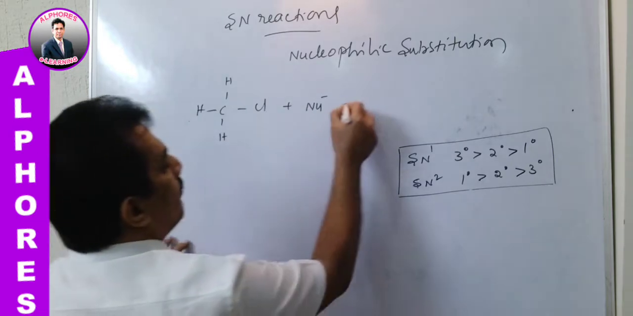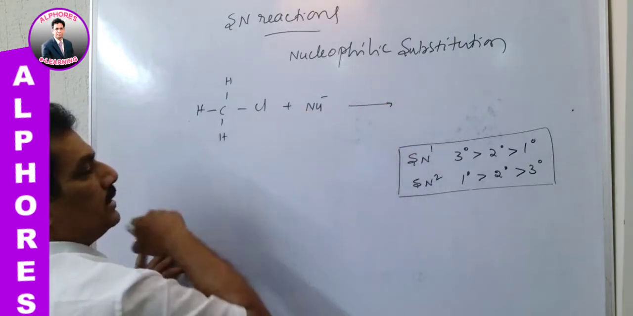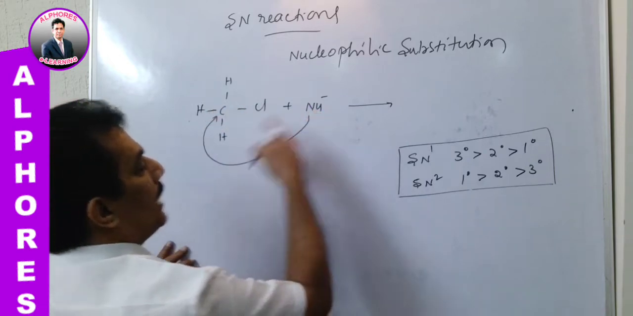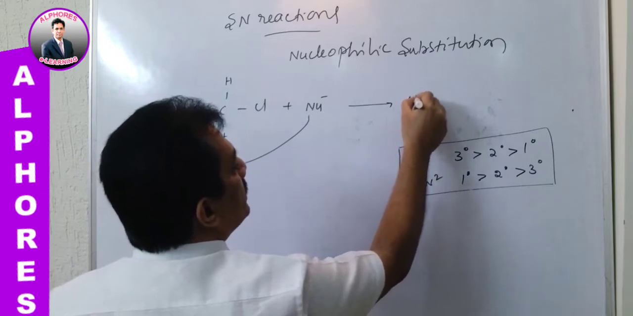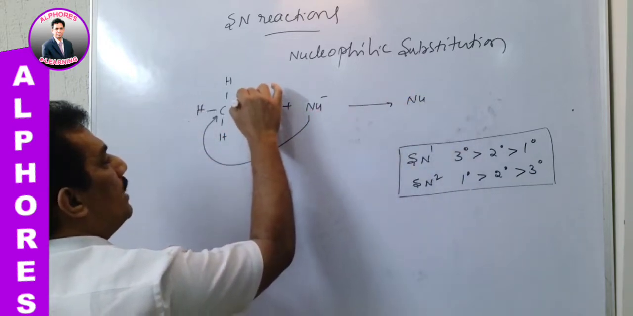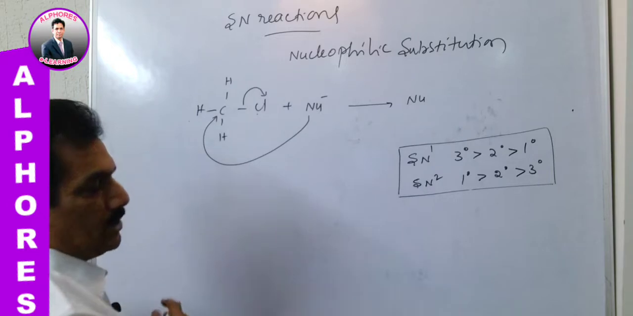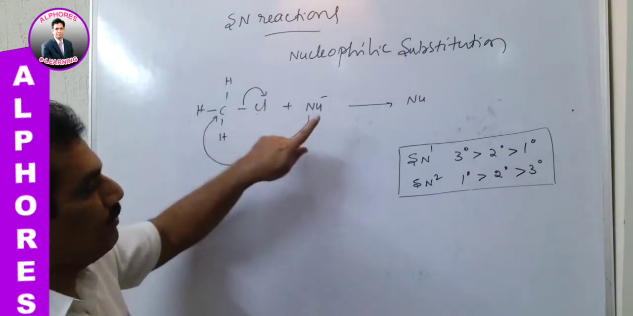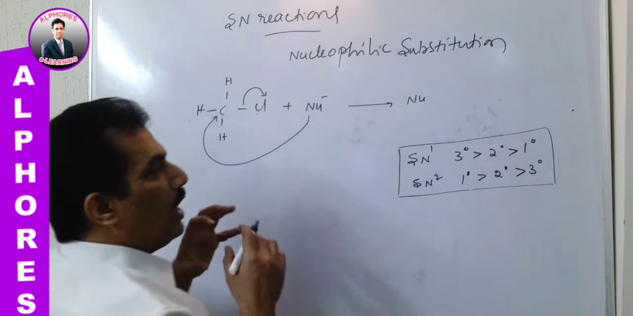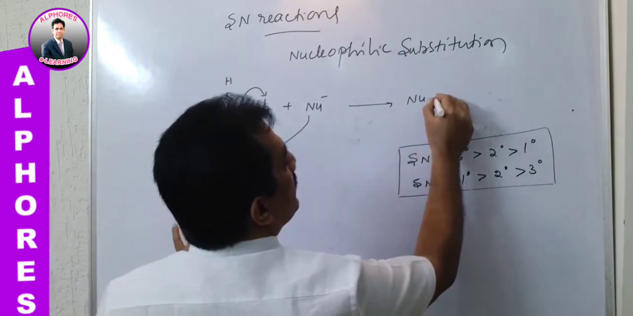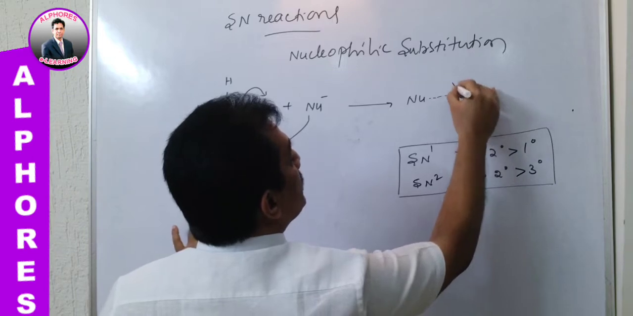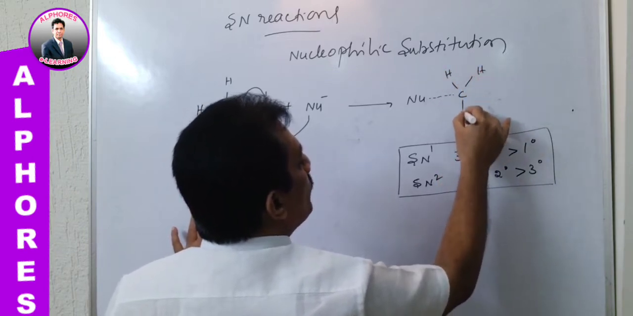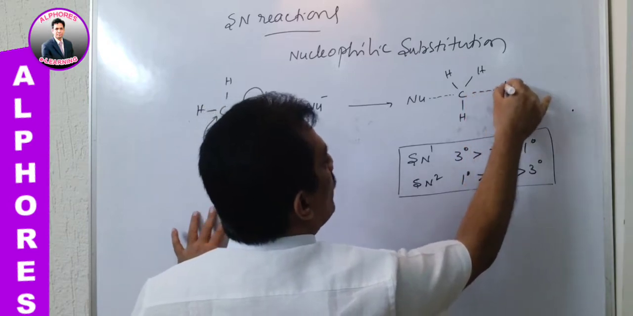Clear? And now when the nucleophile is attacking this carbon, the existing nucleophile just starts to leave the substrate. This nucleophile will attack, and the existing nucleophile will go out. Here what we are getting is a transition state where both the leaving group and the attacking group are present